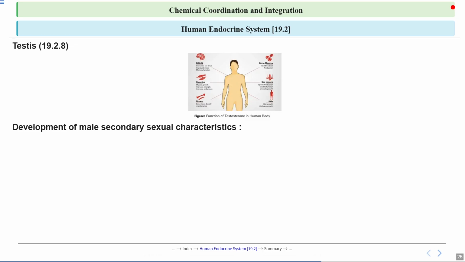Development of male secondary sexual characteristics refers to physical changes that occur during puberty in boys, such as the growth of facial and body hair, deepening of voice, broadening of the shoulders, and increased muscle mass. These changes are triggered by the hormone testosterone, which is produced by the testes. And these traits help in defining male identity,